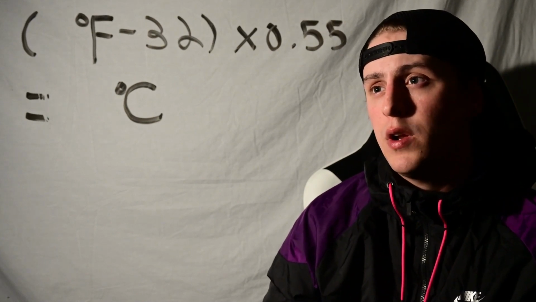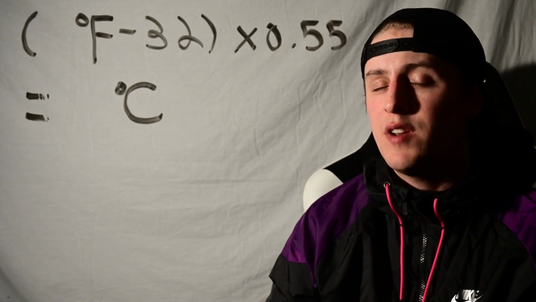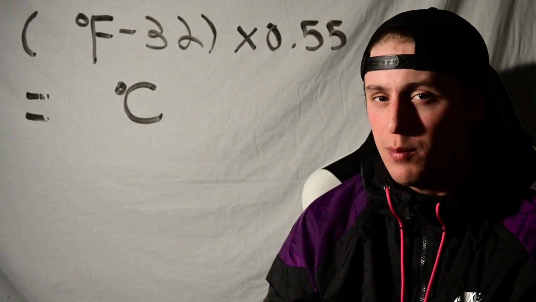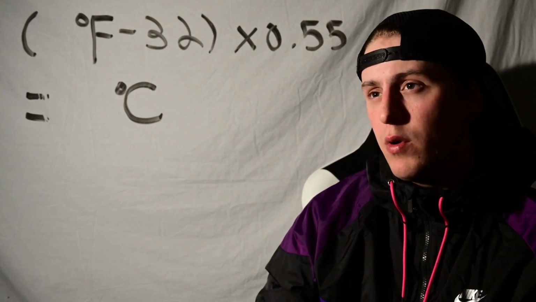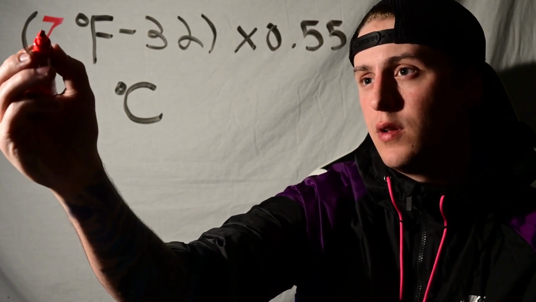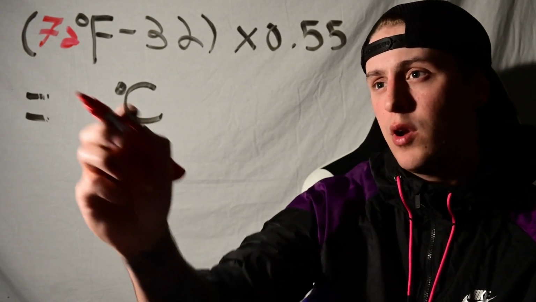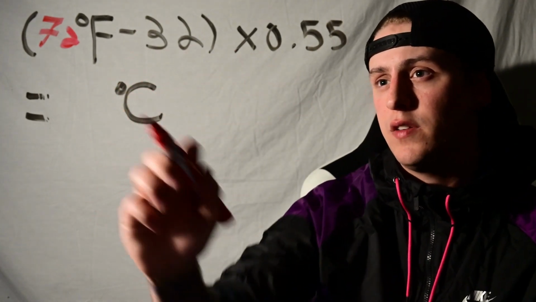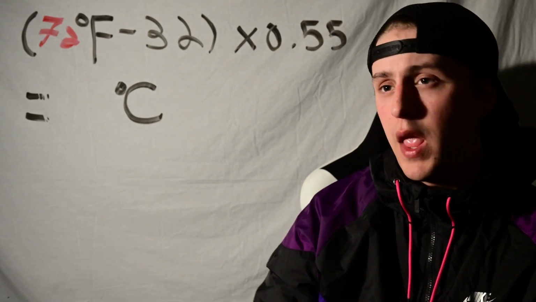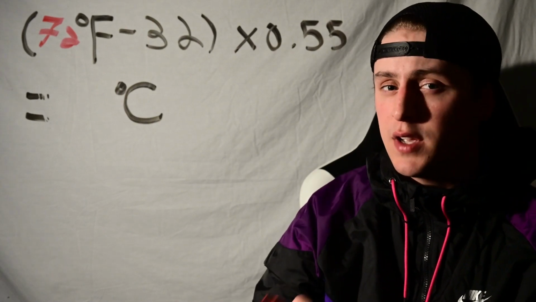So what we'll do is take a really common temperature. We're going to take 72 degrees Fahrenheit. That's usually the average room temperature. We're going to plug 72 into our formula. So we'll do 72 minus 32, that'll give us 40, and then we're going to times it by 0.55. That's going to give us